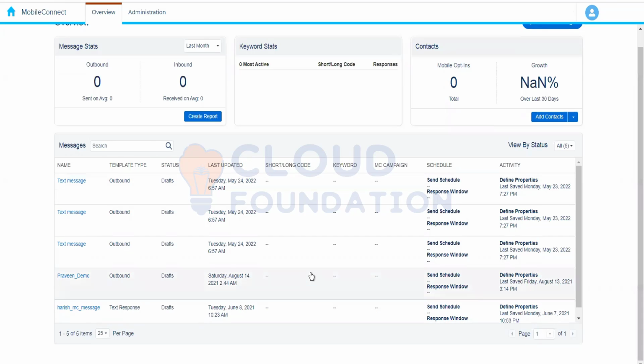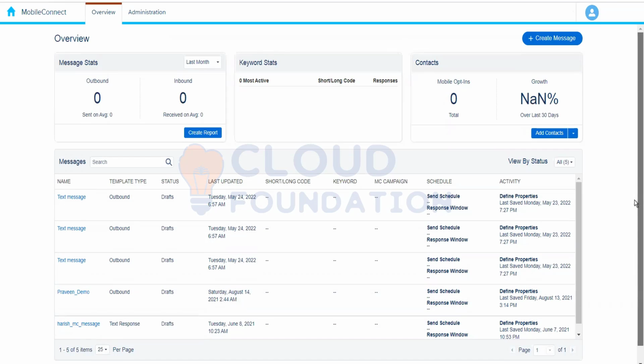Okay, and then we have the messages. We will be looking at how we can get the SMS message and what are the different types of SMS message that we have. We can generate the report over here, but since it is 0, nothing will show up. We can add the contacts over here. So either we can import the file or we can add it manually. When we click on add contacts, it will take us to the contact builder,